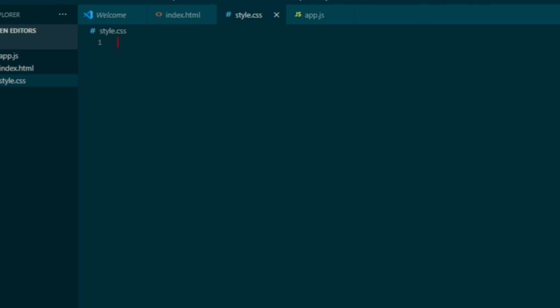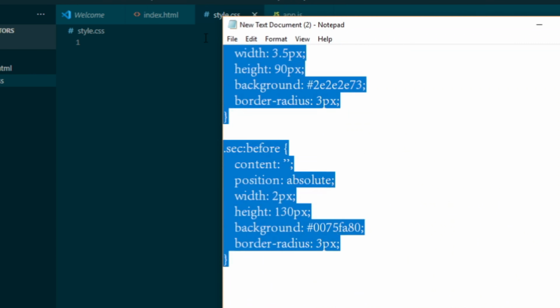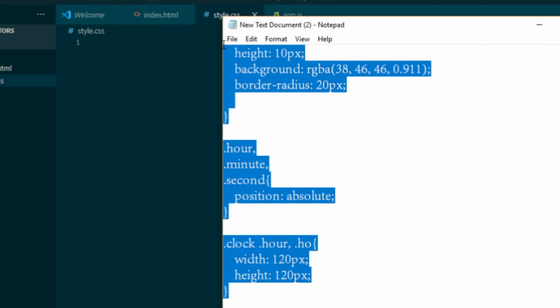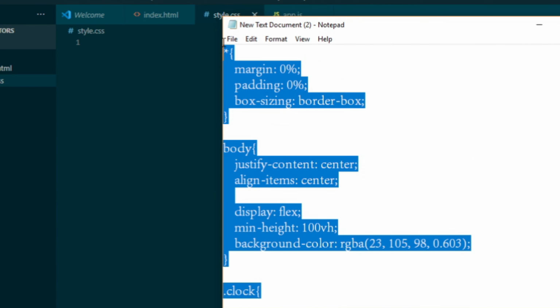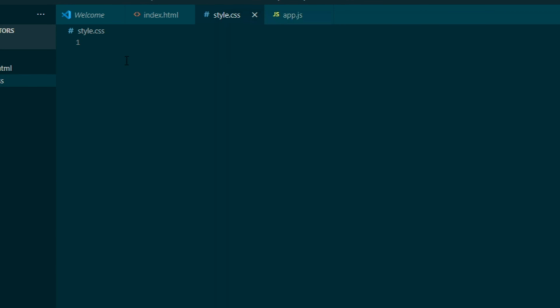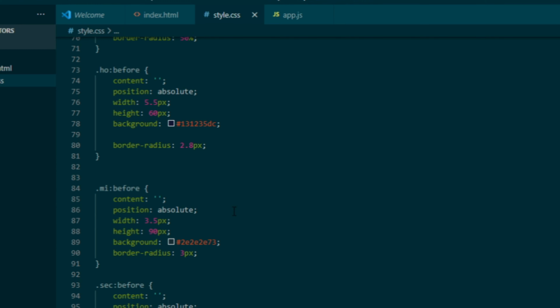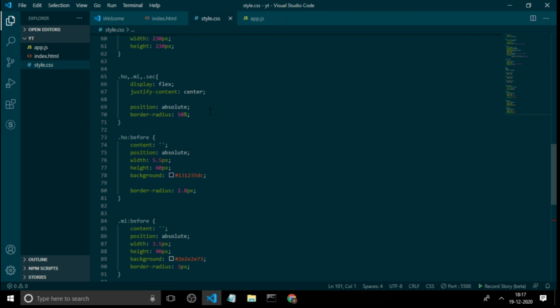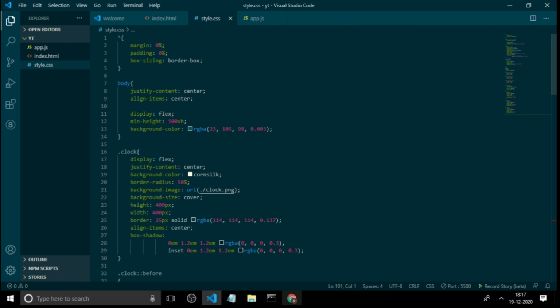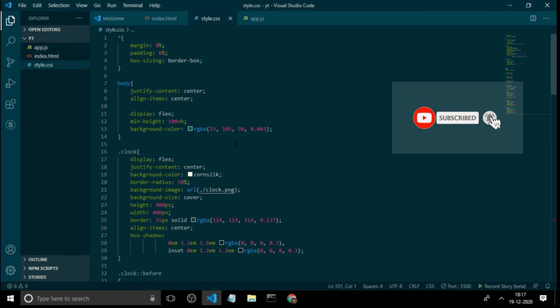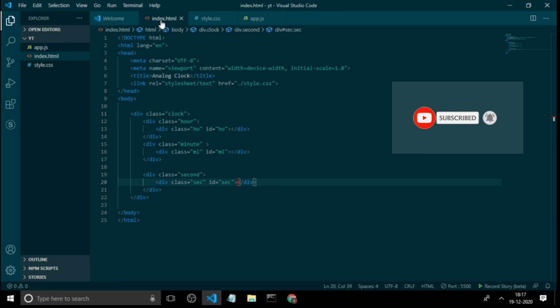I'll just copy and paste the CSS which I have done earlier. So here we have our CSS codes. Let's see what happened. Style.css.